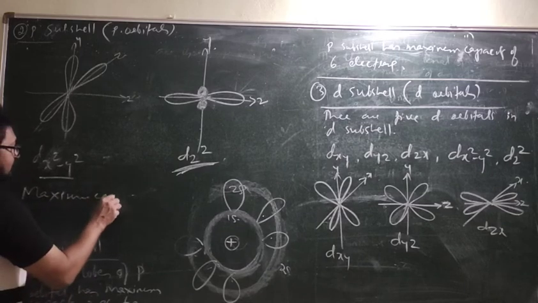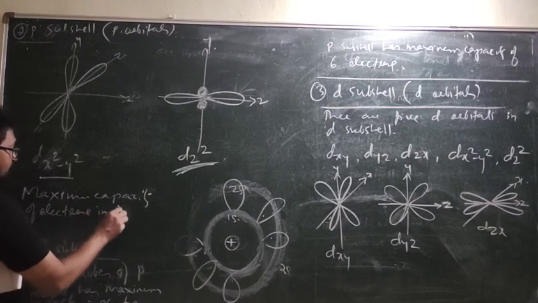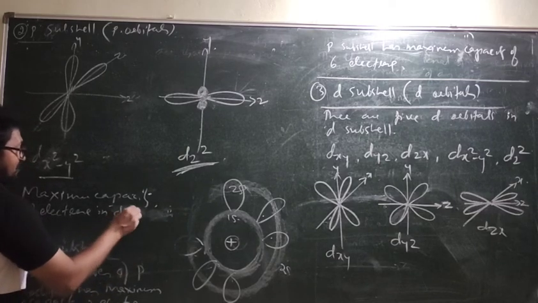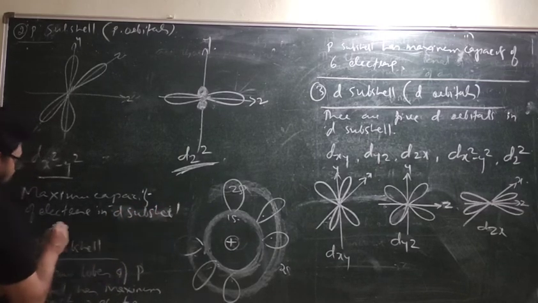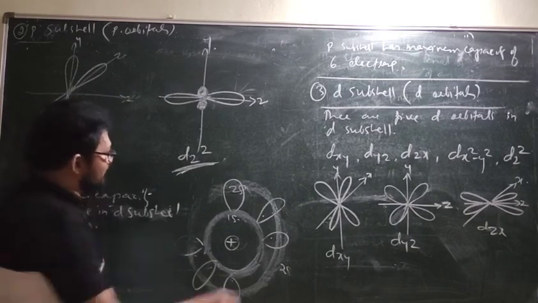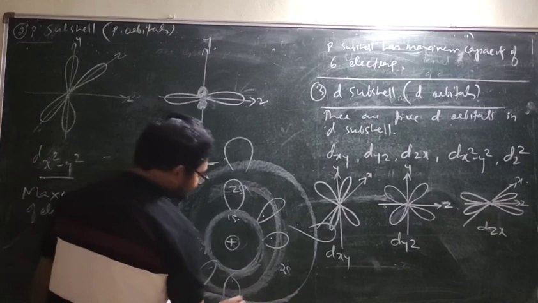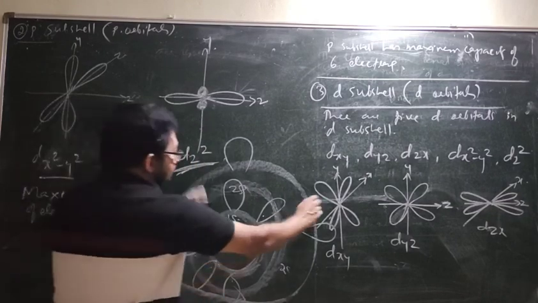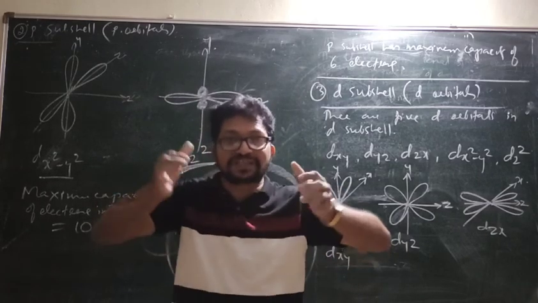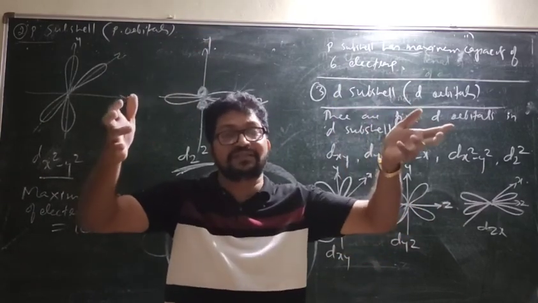Maximum capacity of electrons in d subshell equal to 10, right? Because 5 into 2. If I show you, look, I go to 3s, spherical, then there is a 3p, 3d. Now you see as and when you grow, the 3-dimensional space, how much space keeps increasing. Look how much we got, a lot of space. 3s will not do, 3p and 3d also come here.